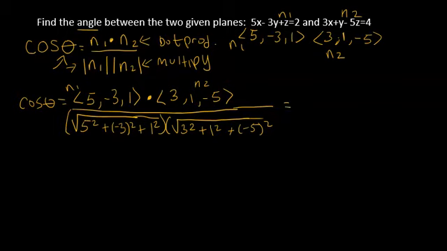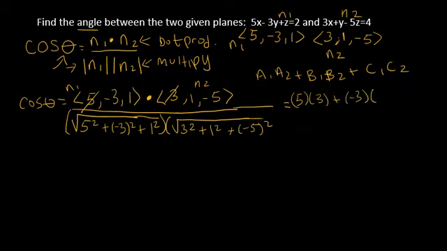Okay, cool. Now what do I do? Well, I need to follow the dot product itself. So that would be A1, A2 plus B1, B2 plus C1, C2. That would look like 5 and 3 plus, then -3 and 1, plus 1 and -5. And then over here,